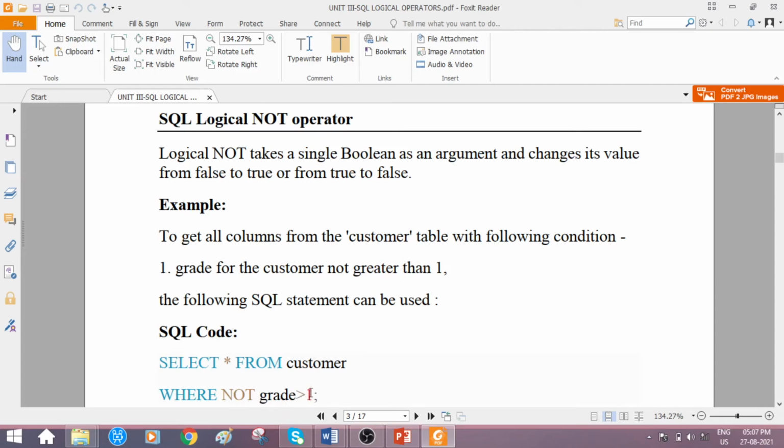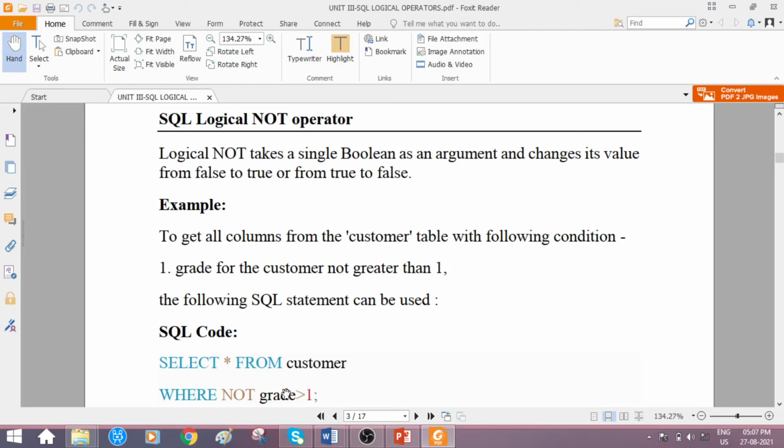So grade greater than 1 means what? The grade should be greater than 1, meaning 2, 3, 4, 5, 6. These are the grade values. But the logical NOT operator converts this condition, grade greater than 1.